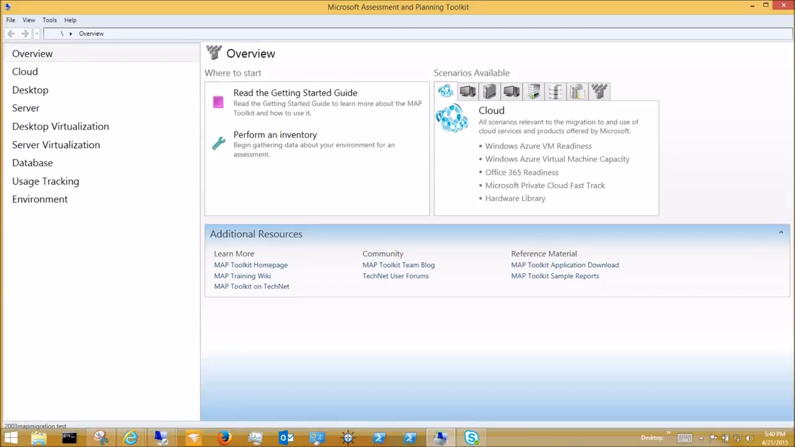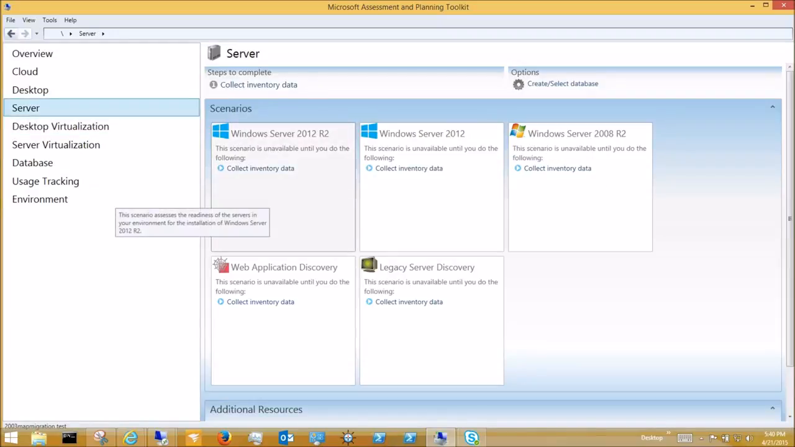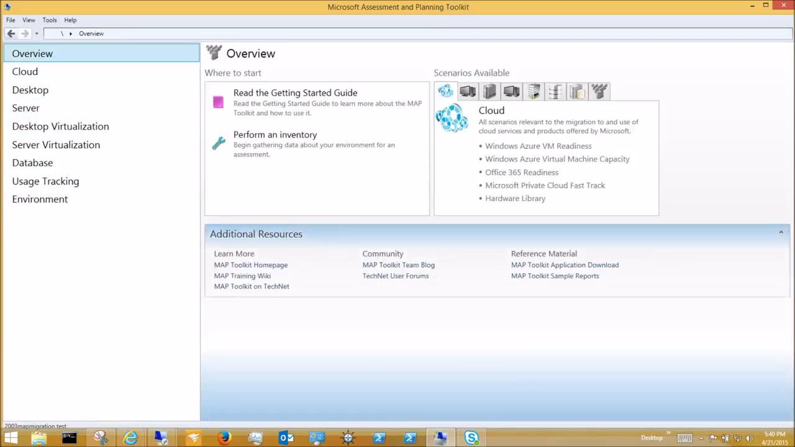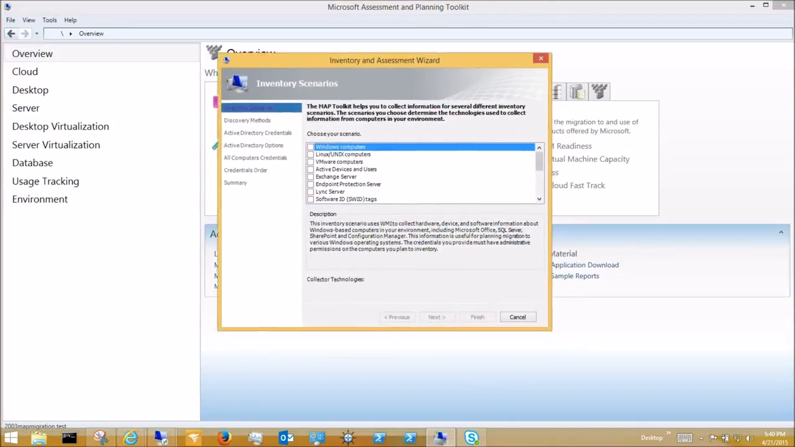customers. So when you look at it, again, the inventory is the first step that we have to do. If we start looking at the different things that we're interested in, maybe it's a server migration. Again, everything's revolving around the inventory. So when we go into the overview, just to show you the inventory, when we hit it gives